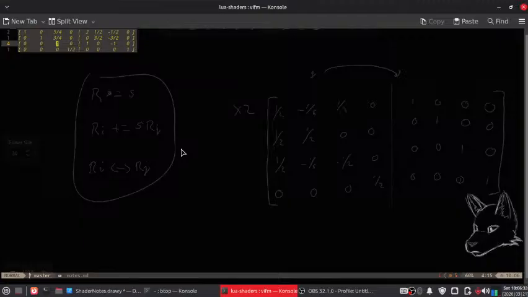So I can't add these two together. Right. I pretty much have to use this one because of these leading zeros. So I want to subtract 3/4 of this from that. So if I subtract 3/4